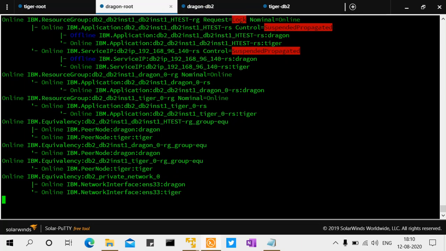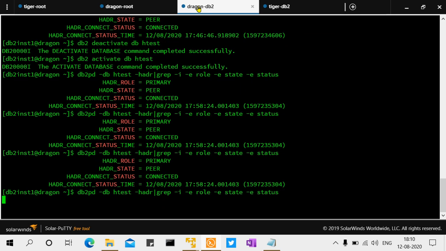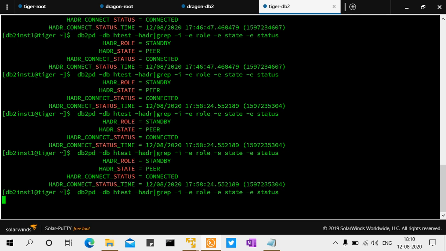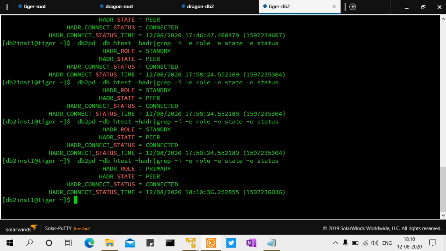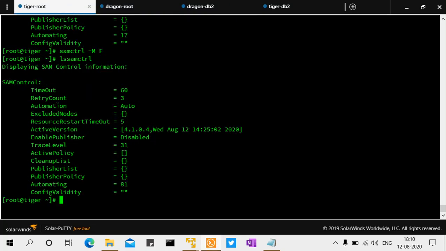So the role change, it is trying to execute the role change, and eventually the log will also get released. So we'll wait for some time for the log to get released. Okay, but then the database change has happened. So you can see here, the primary has become standby and the standby machine has become primary. The role change happened and the log has also released, and everything is fine. So Tiger is online, it's primary, right? Only thing we did was put back the automation mode. So that is one approach.